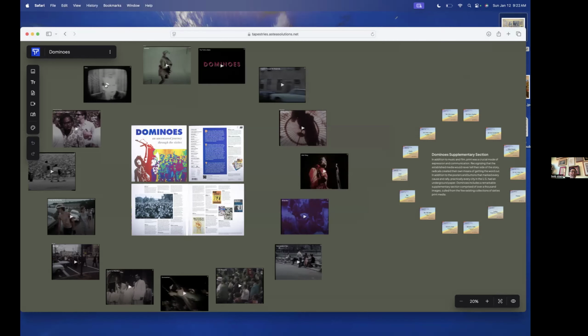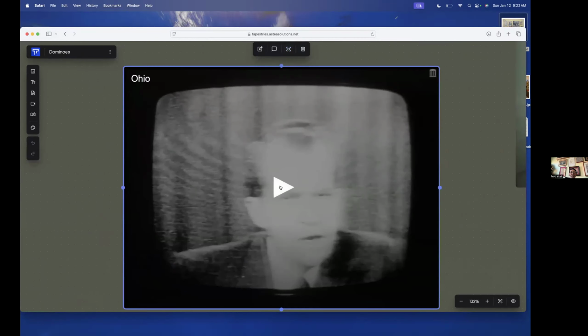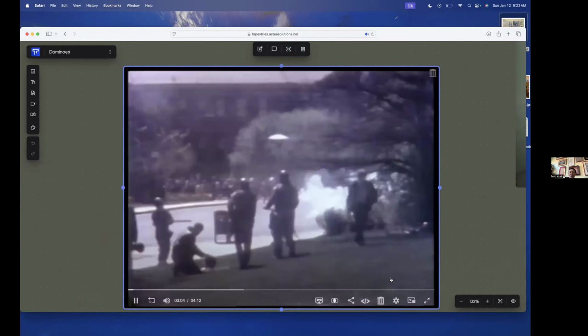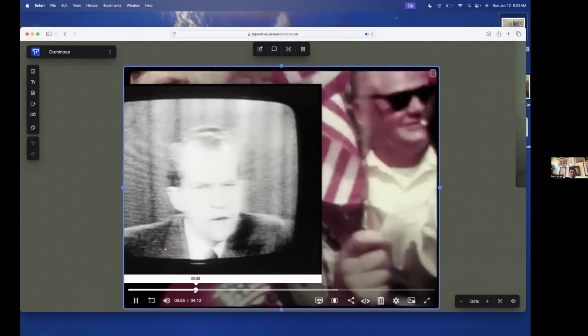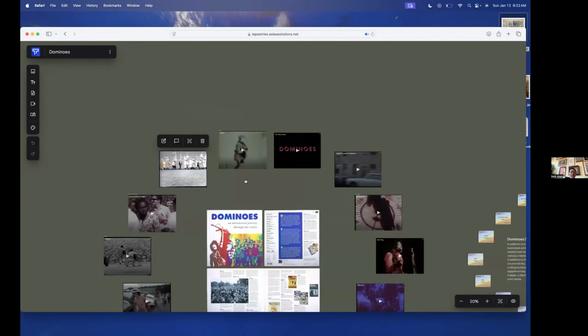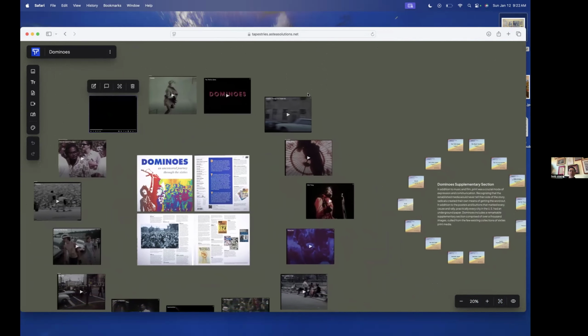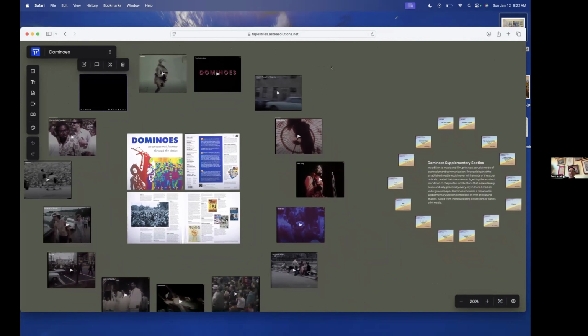Let me zoom in on one of these. I didn't realize this until last night when I was showing it to somebody. I put it up on the big screen TV, and I was giving some younger friends who were here